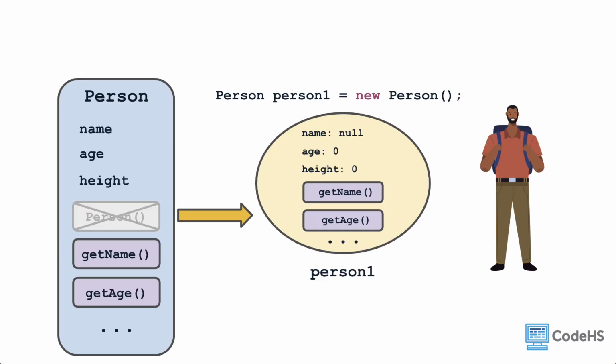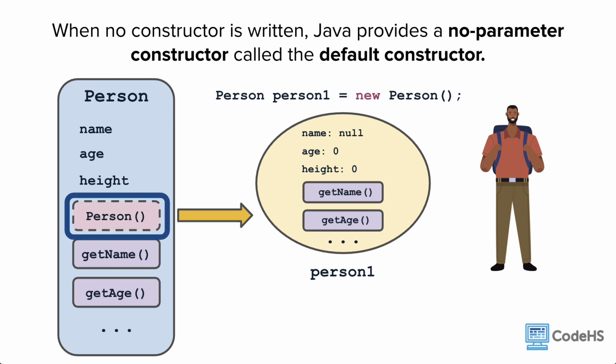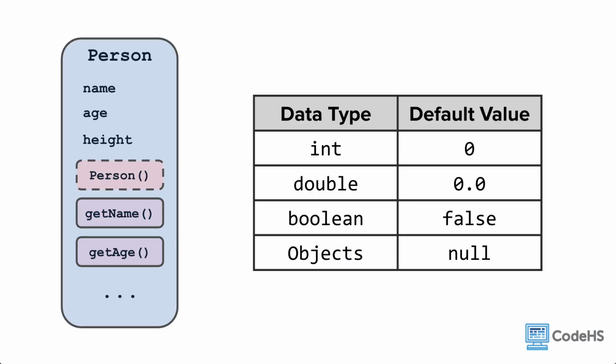Sometimes you may come across a class that doesn't have a constructor, and yet you'll still be able to call it and create a new object. That's because when no constructor is written, Java provides a no parameter constructor, and the instance variables are set to default values according to the data type of the attribute. This constructor is called the default constructor. Here are a few of the common data types and their default values: int, 0, double, 0.0, boolean, false, objects